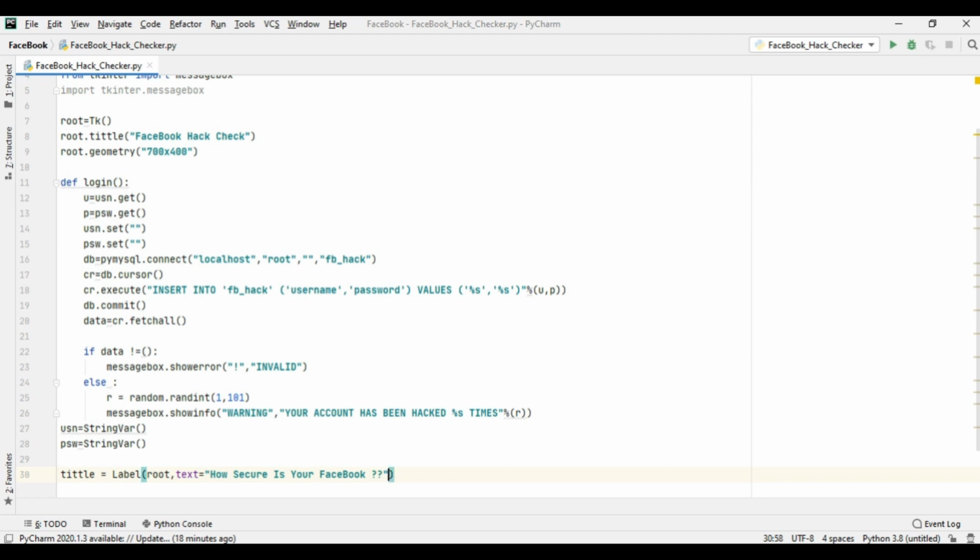So give the background blue, because we all know that the Facebook color is blue, so it will be more attractive toward the user who will use this application.